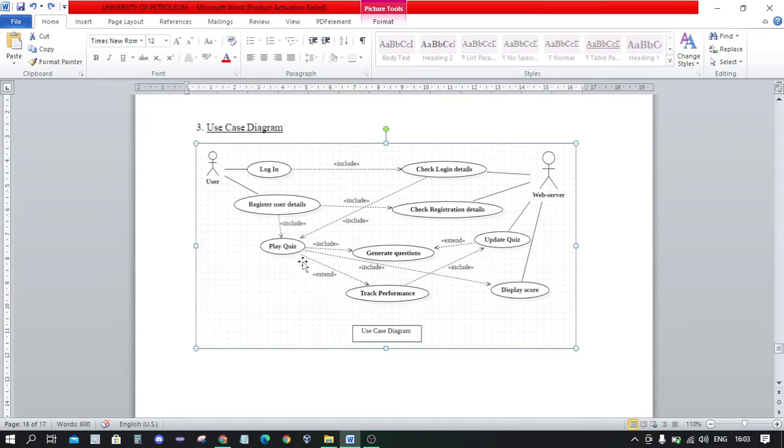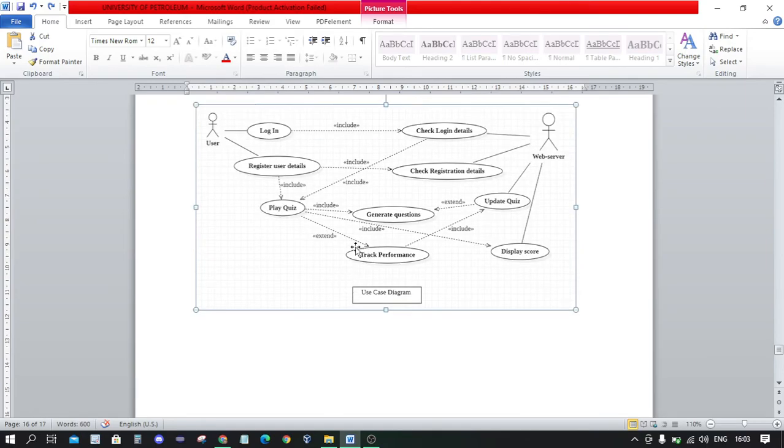Then play quiz extends track performance, like we can see this at last also, what the performance is overall, or we can track the performance question wise, like the first question is correct, the second is correct, then what score is displayed. Or we can simply see it at the last also. That's why we use the extend relation.